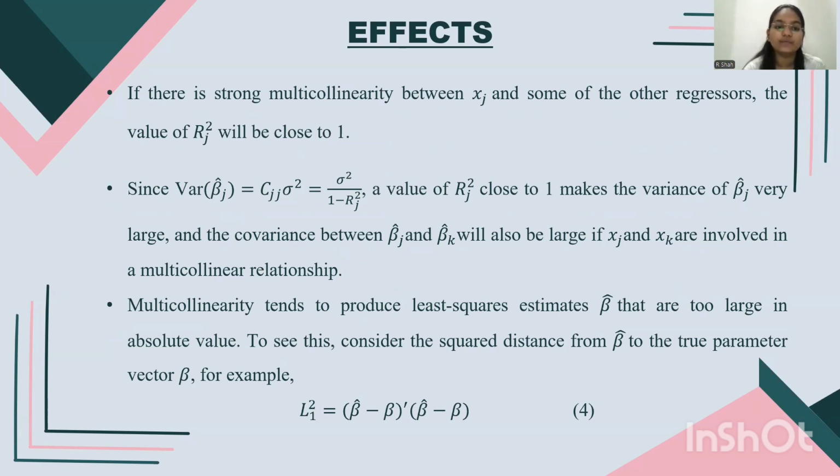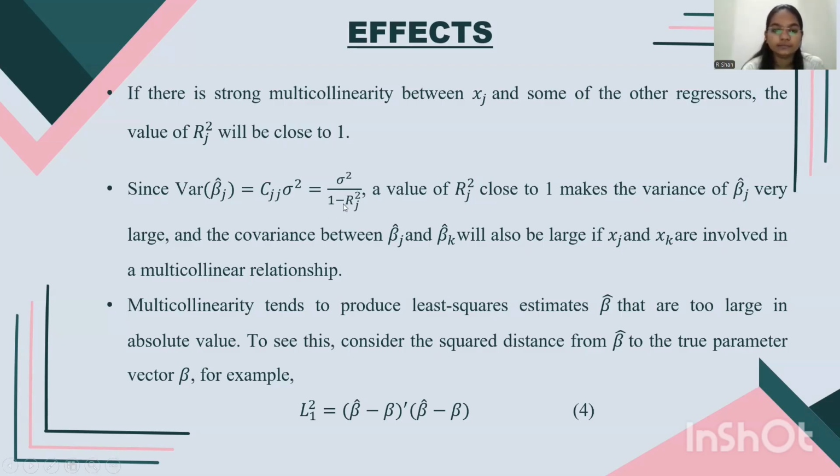Since variance of beta j cap is equal to Cjj sigma square, which is sigma square upon 1 minus Rj square, the value of Rj square close to 1 makes the variance of beta j cap very large, and the covariance between beta j cap and beta k cap will also be large if xj and xk are involved in a